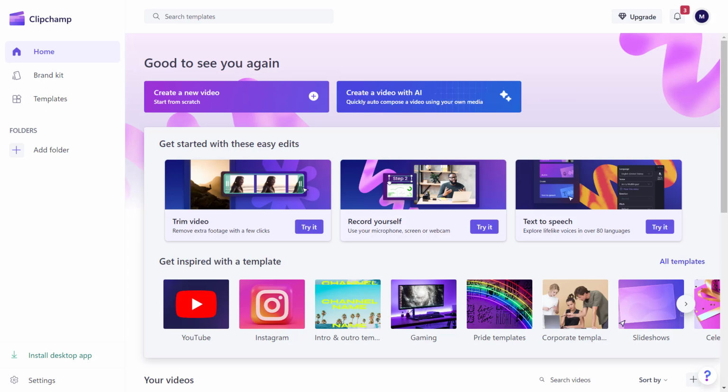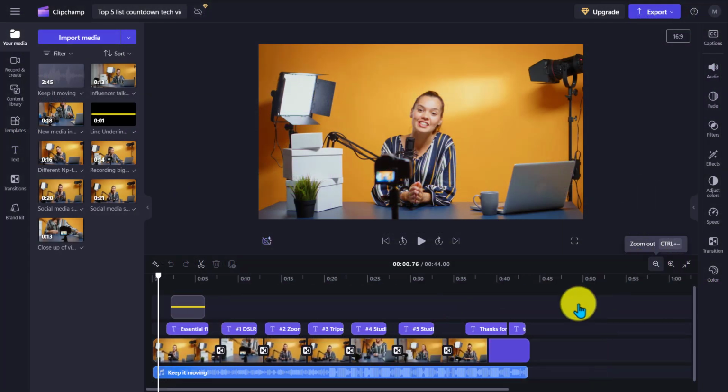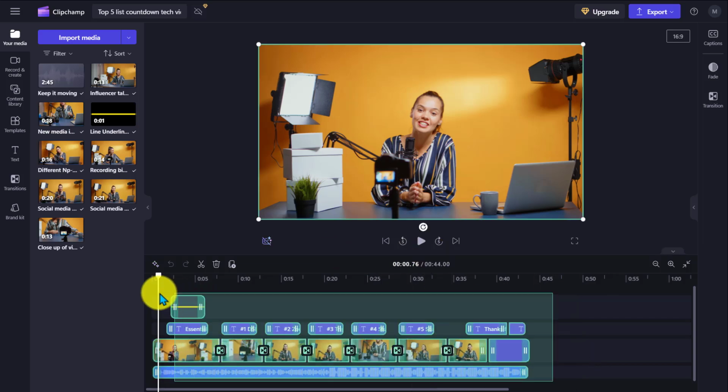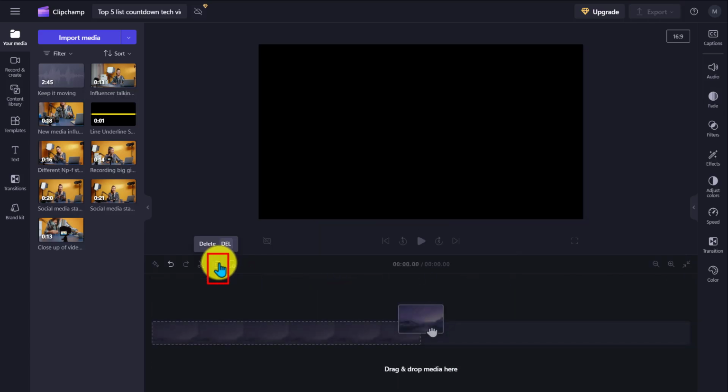To show you how to work with Clipchamp, although I really like the templates we used before, I'm going to start from scratch to show you step by step how to go about it. If I use the zoom icon by the timeline, I can zoom out until I see all the files from the template. Then, I can select them all by dragging the mouse. Or if you prefer hotkeys, use the shortcut Ctrl and A, and then press the trash icon to delete